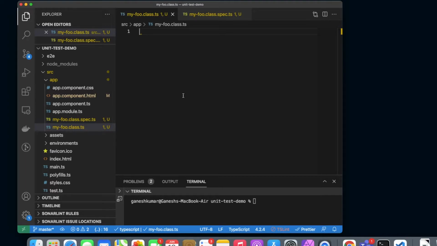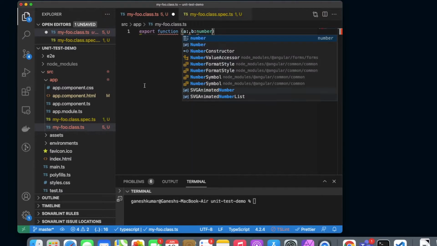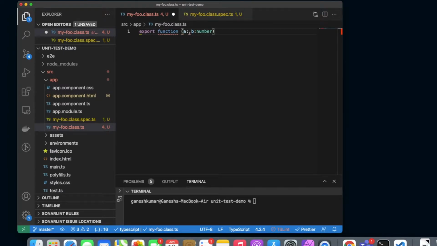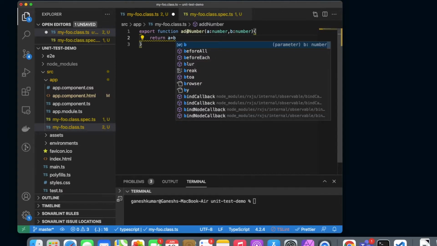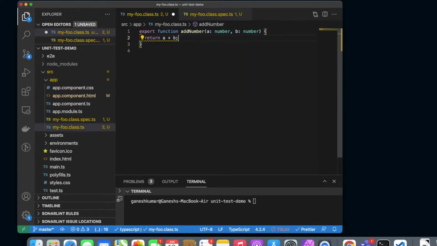Let me first simply write a function that will take two numbers, add them and return the result value. Sorry to go back here, addNumbers. I know this is a very simple function, so I just want you to understand with very basic examples, guys.